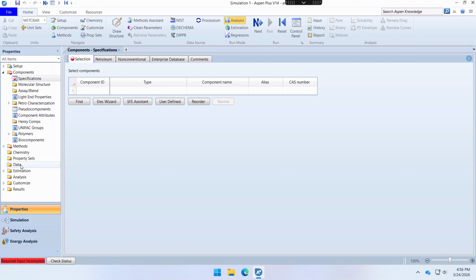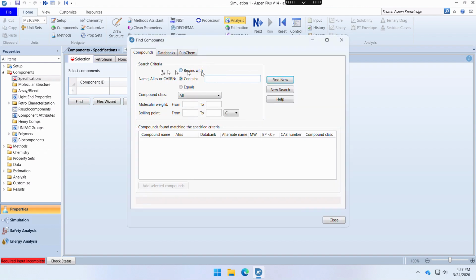Aspen is going to start us on the page where we specify what components are in our simulation. Notice that we have this symbol, a circle that is half red, half white. This is Aspen's symbol for critical inputs. You can't do a simulation unless you give it some information in this window. In this case, it needs to know what compounds we're working with. So I'm going to click on Find, and I'm going to say N-hexane,